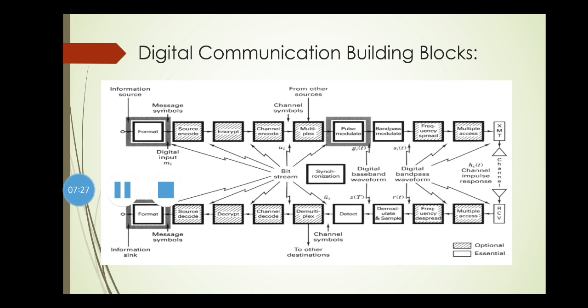The input information here is converted into binary digits, which we call bits, which are zeros and ones. They are then grouped as digital messages, which are also sometimes called message symbols. These message symbols are transmitted across the channel. In our channel encoding process, if there are any errors present in the message symbols, we are going to correct them by making use of proper error correction codes.